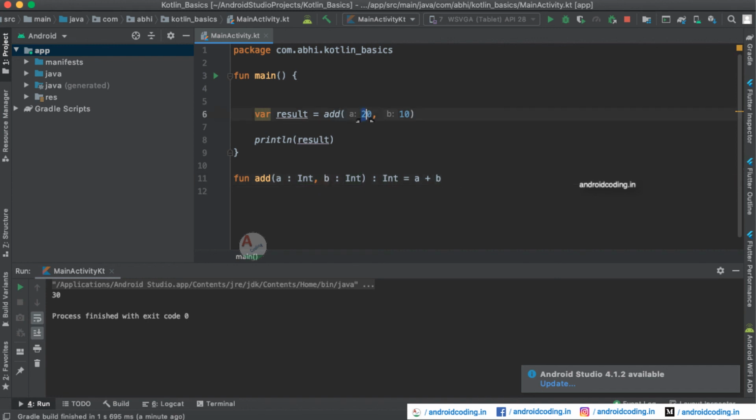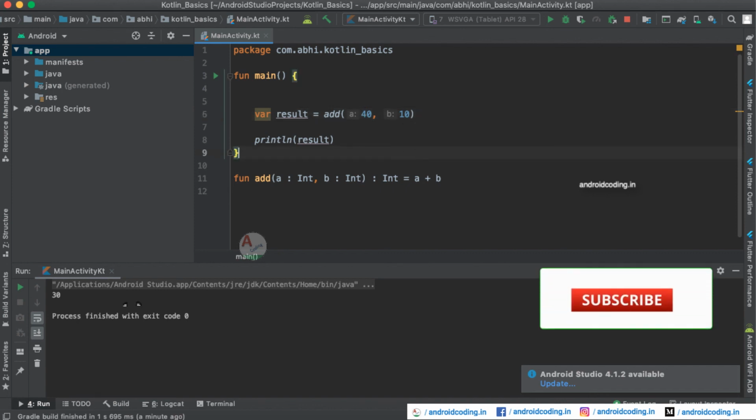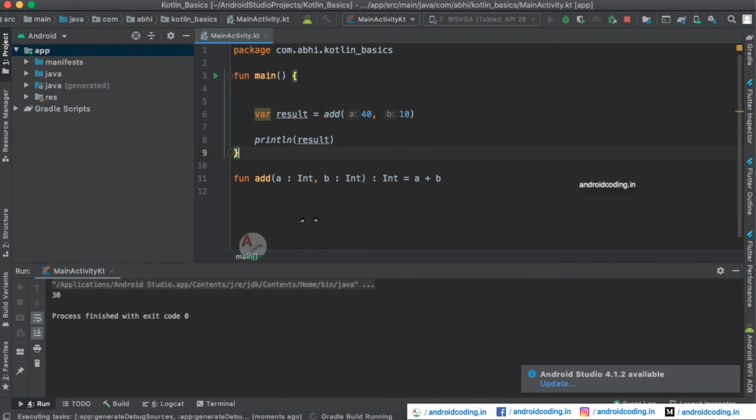Let us try to provide the value of a to be 40 here, and now 40 plus 10 is 50. We will be observing the output now. So try to run the code and check whether the function is working or not. So yes, we have got the result 50 here, but here you can see it is a single line. We have declared our entire function here.